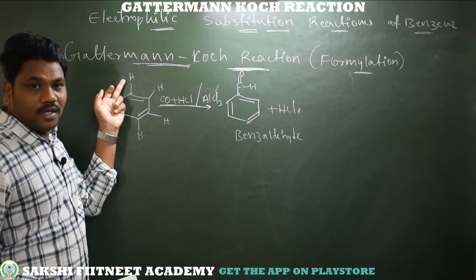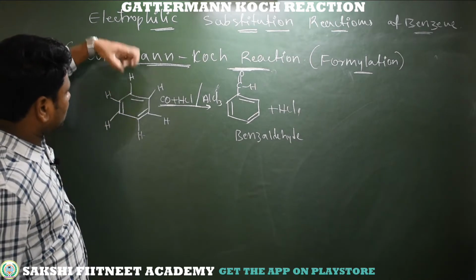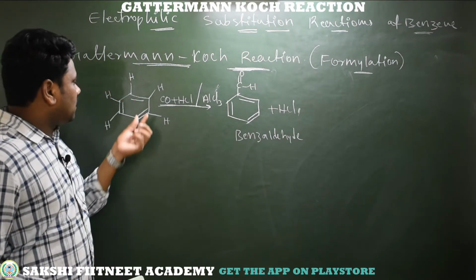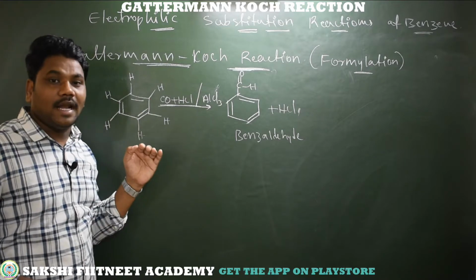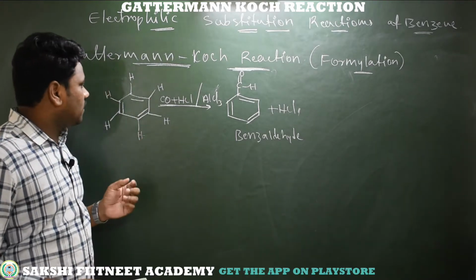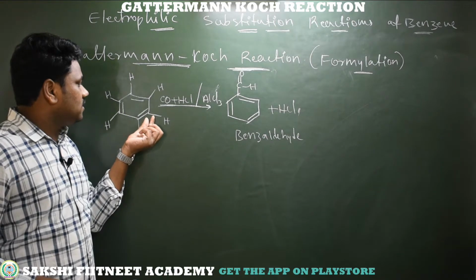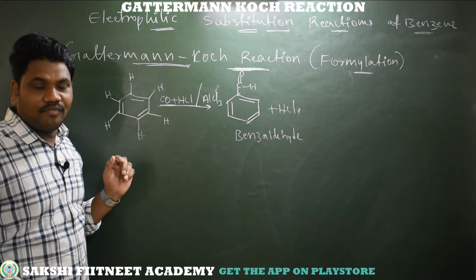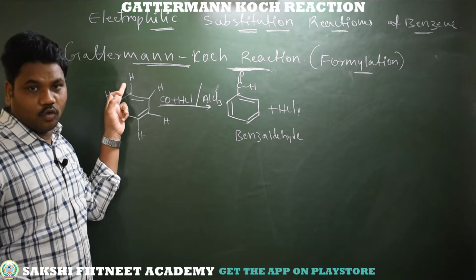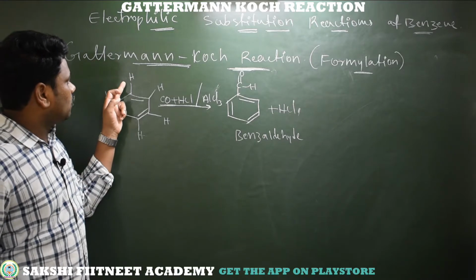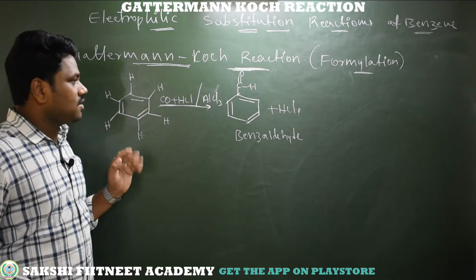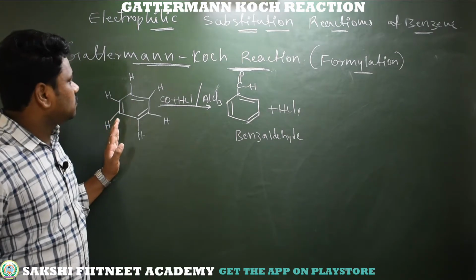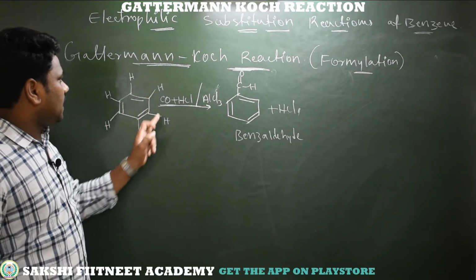If electron withdrawing group is there, the pi bond electrons are shifted towards the outside of the ring, then the ortho para positions become electron deficient. So obviously the electrophile is going to attack at this meta position. So we will get meta substituted compound in the presence of withdrawing group. If there is a donating group, we will get ortho or para substituted compound. But here benzene, absence of substituent, so you can substitute the electrophile at any one of these hydrogen positions.